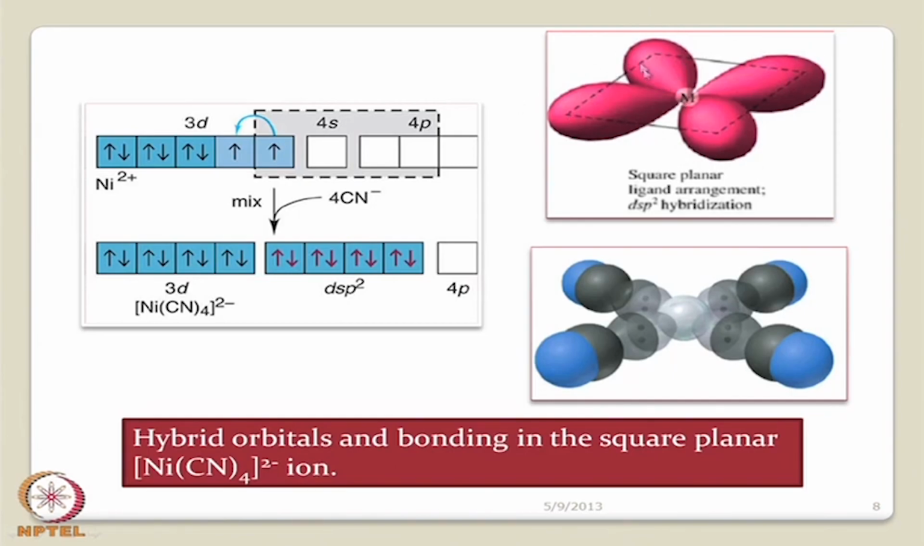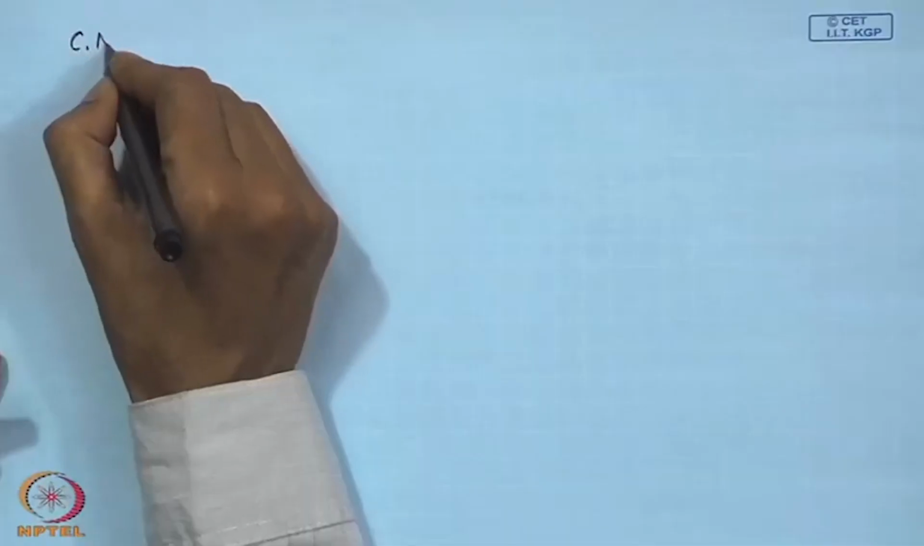So these are the 4 hybridized dsp2 orbitals, which are pointed towards the 4 corners of a regular square, and they are next overlapping with the corresponding CN minus groups to give rise to the corresponding tetracyanonickelate molecule. So this is the state for the 4 coordinate molecules like tetrahedral and square planar, but we have discussed so